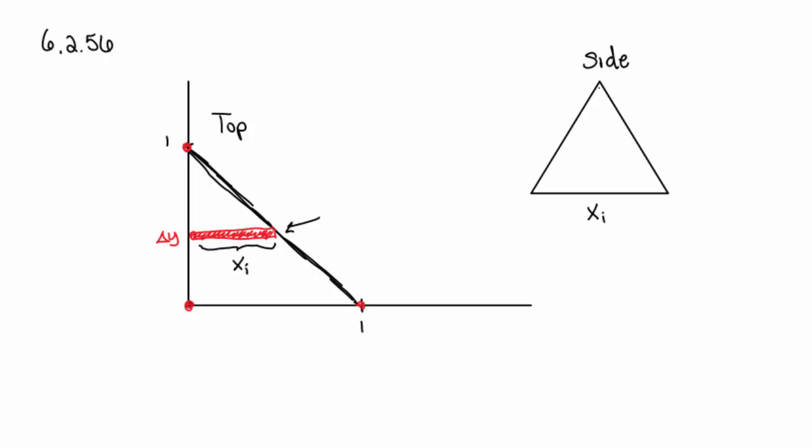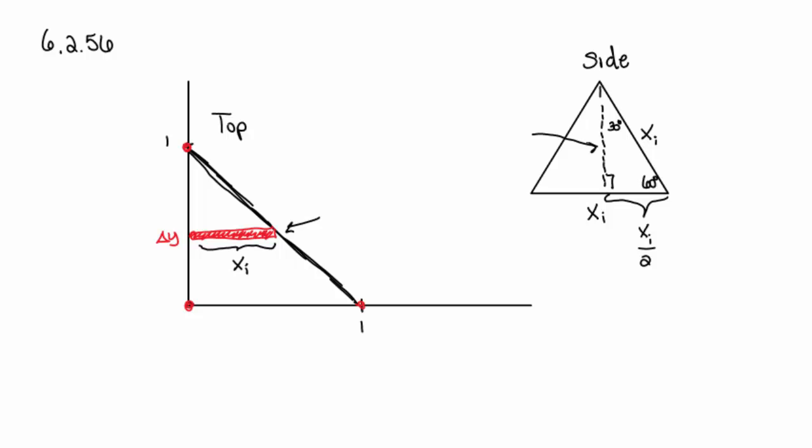And therefore, being equilateral triangles, where this is 60 degrees and this is 30 degrees, and that's a 90-degree angle, if you note that the half distance is x sub i over 2, therefore that distance is x sub i,